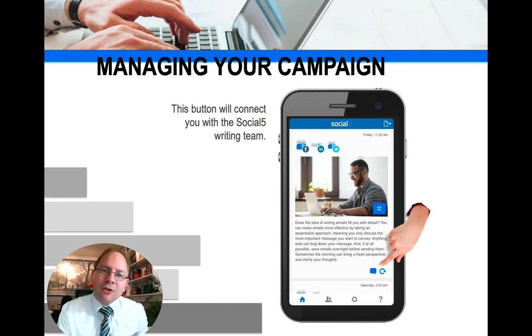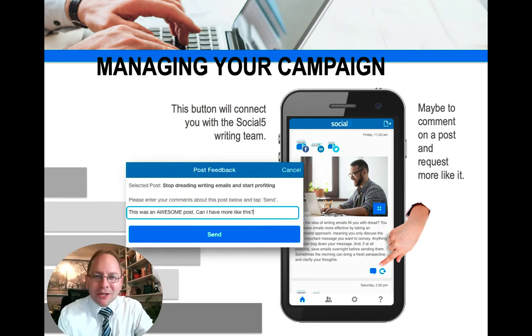But the most exciting part of this is the message bubble beneath every single post in your app, which allows you direct access to your Social5 writing team. If you'd like to make a comment about a post, simply click on the message bubble and leave some feedback